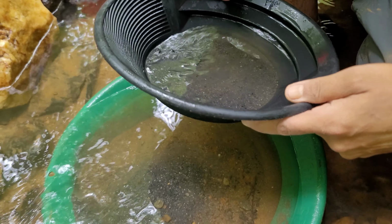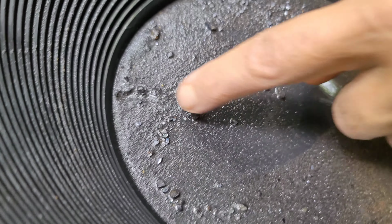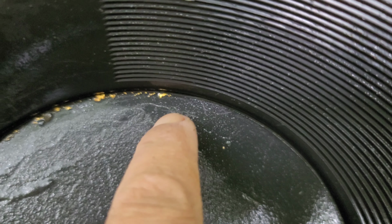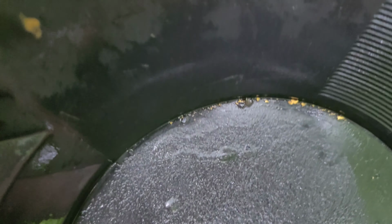Wow, I almost want to class... Oh, look at that. You got a big old piece of lead there. Big old lead BB. I didn't pan through it carefully at all. I just wanted to take a look before he had to go home, and I couldn't see how much gold he has. I need you to weigh this up after you clean it up, man, so we can see how much you ended up getting. But you got some chunkier pieces. Look at that. Those are not small pieces. I don't know if this is a picker or not, but, I mean...